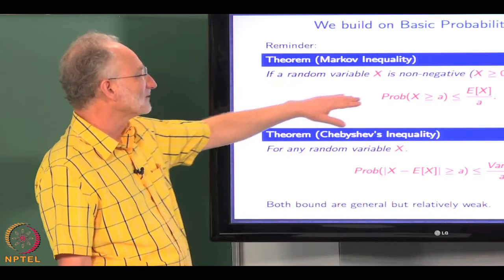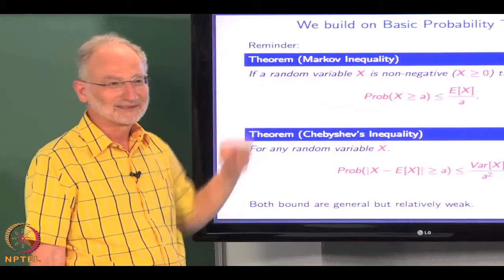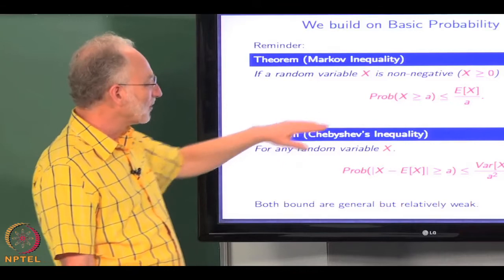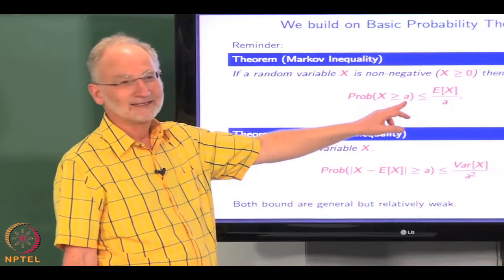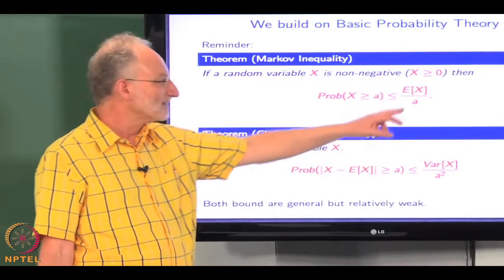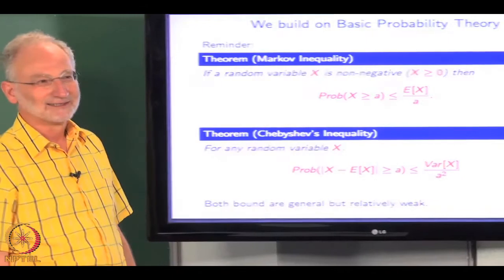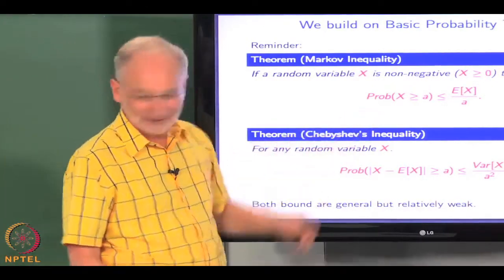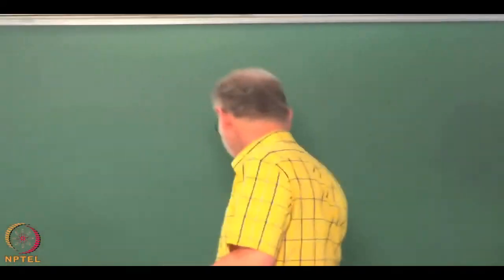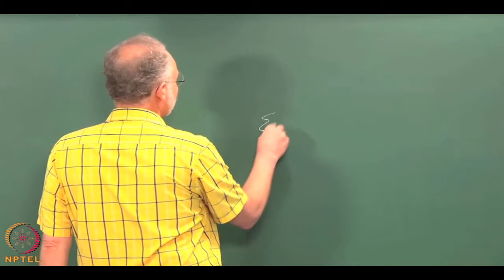It only applies to a random variable that is non-negative. And the probability that this random variable is greater than some value A is bounded by the expectation of the random variable divided by this value A. And it's really trivial to prove. If you think about the expectation,